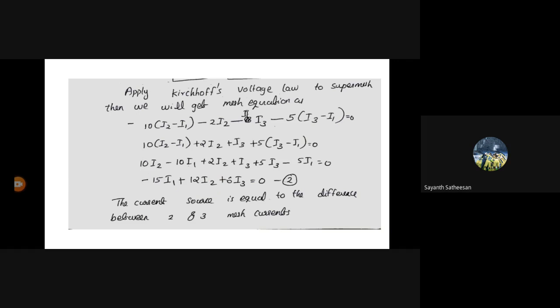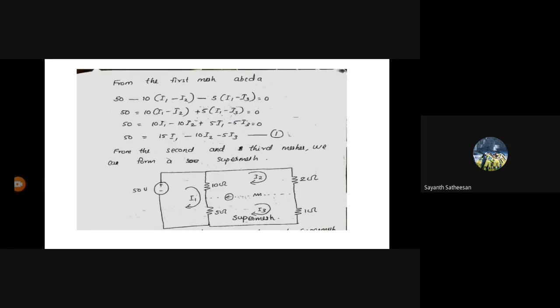But you know that here the number of variables is I1, I2 and I3, right? Number of variables is 3. But now you are having only 2 equations. In basic mathematics, you studied that for 3 unknowns there should be 3 equations. But here we have only 2 equations. So what to do? We have to write one more equation. That equation will be obtained from this super mesh path.